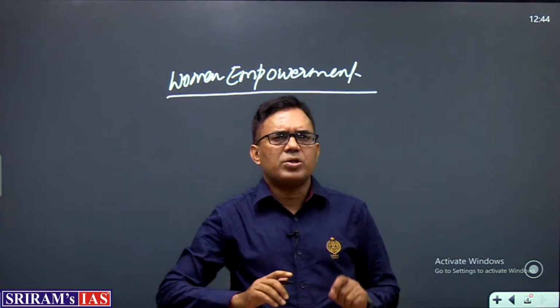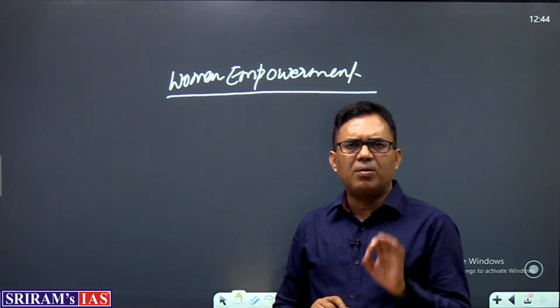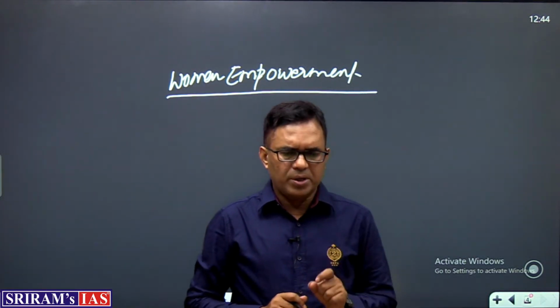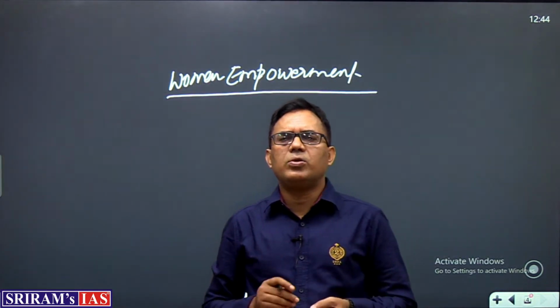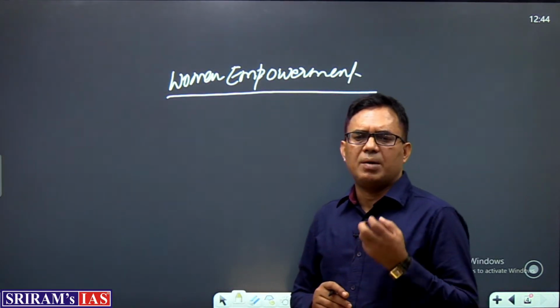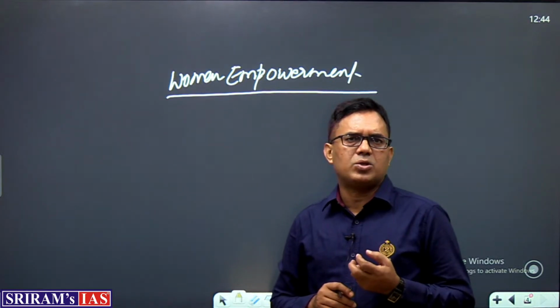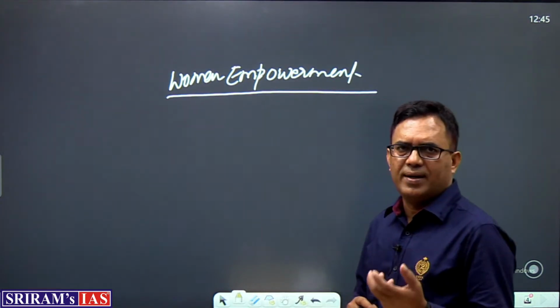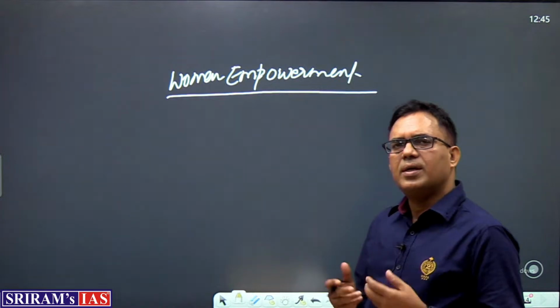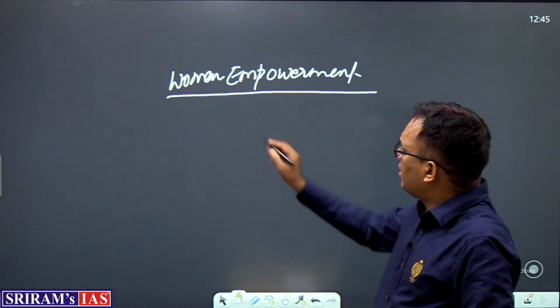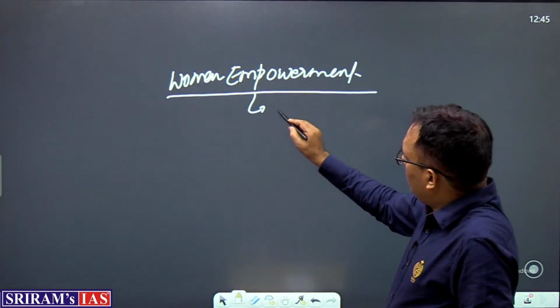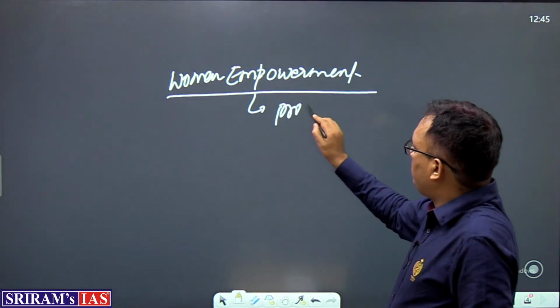An empowered person is one who is able to take decisions in his life properly. A person who has sufficient opportunity and independence to regulate one's own life conditions, that we talk about as empowerment. So in this way we can say woman empowerment means the process of